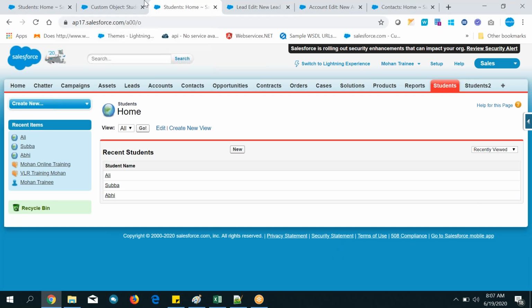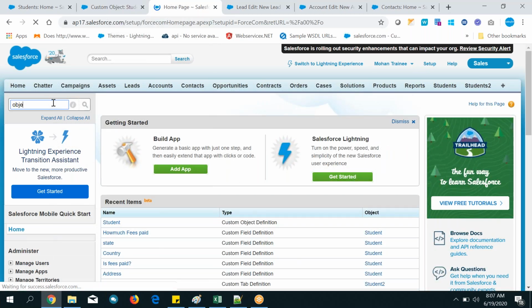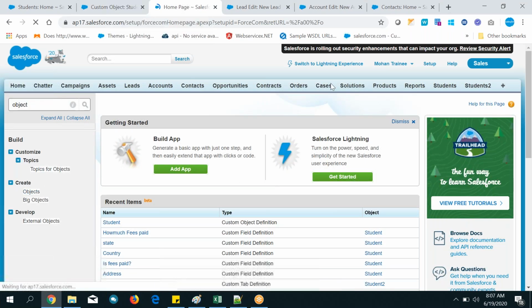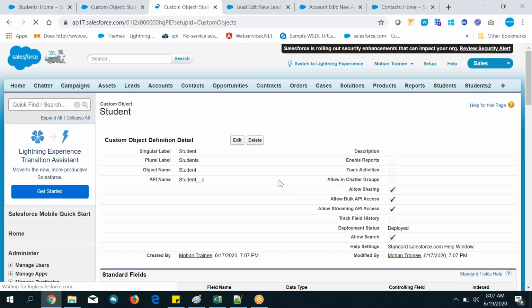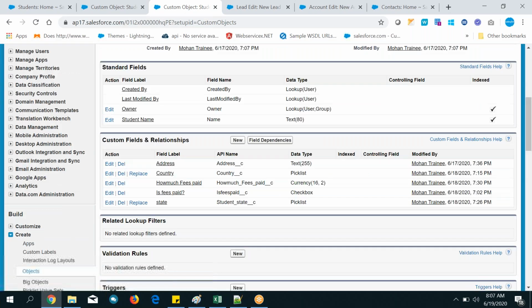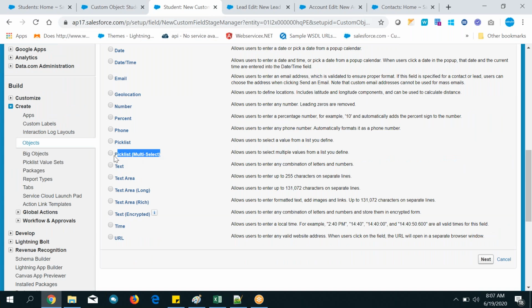So go to that object. How to go to the object? Setup, object, and open object, and here click on the new button. What is the pick list? Multi select. More than one value you can select, that is the meaning of multi select.